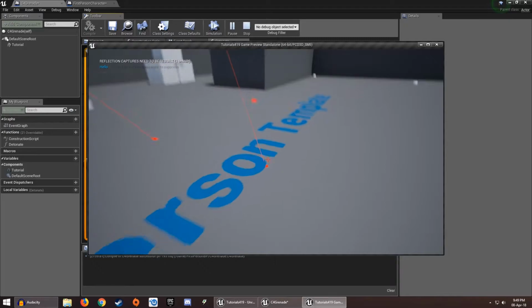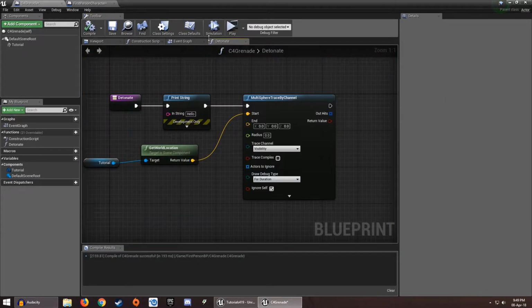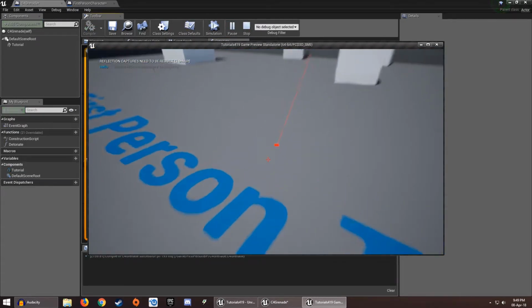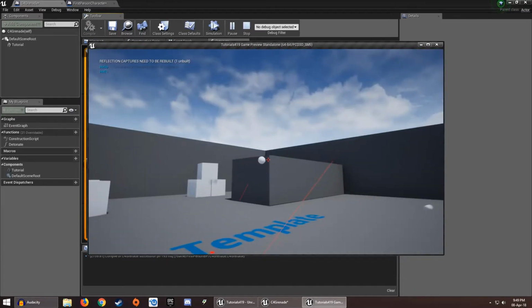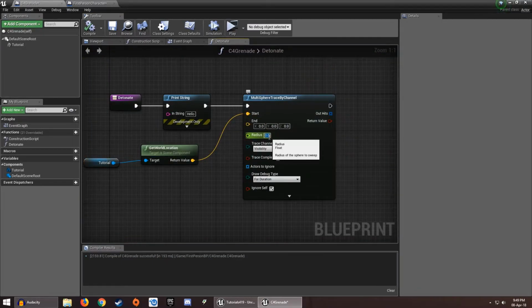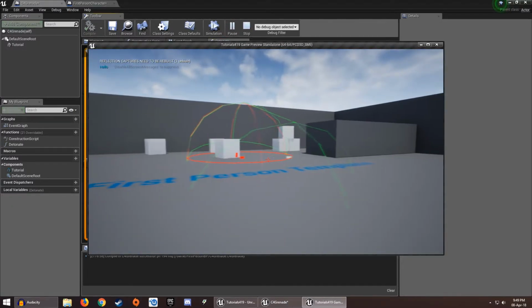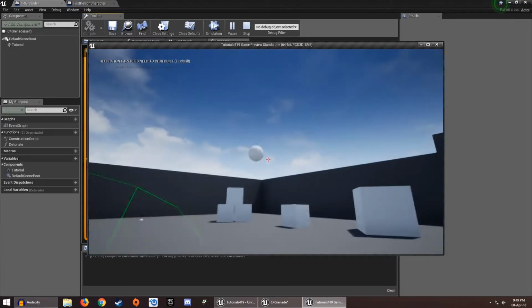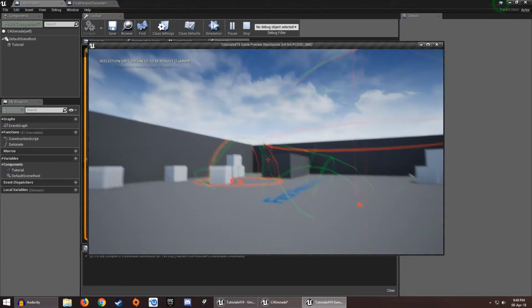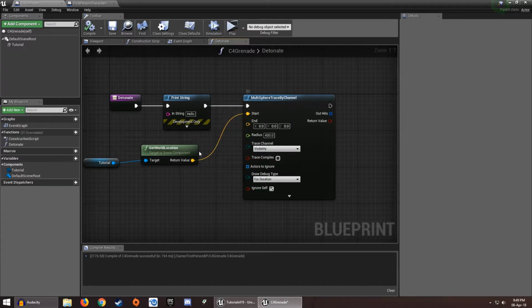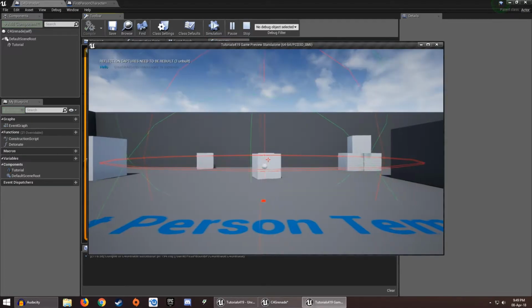Okay, so as you can see, this is a little dot right here. That is because we haven't changed the radius, which I think 400 would be an okay radius. Okay, so this is why we need to set both start and end to be the same, because we don't need,